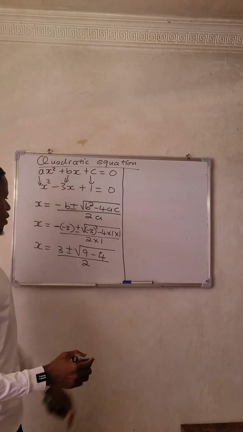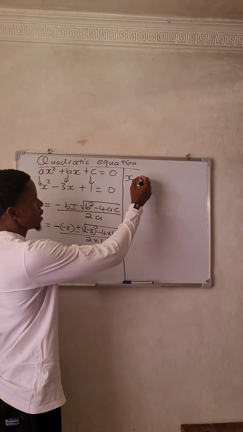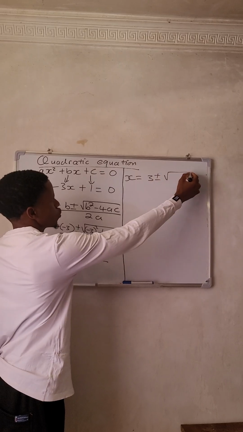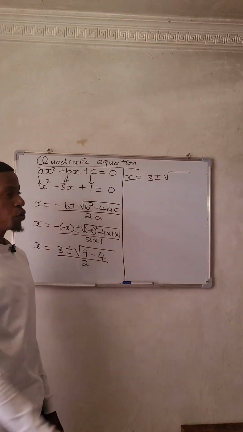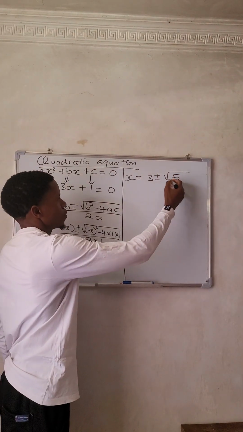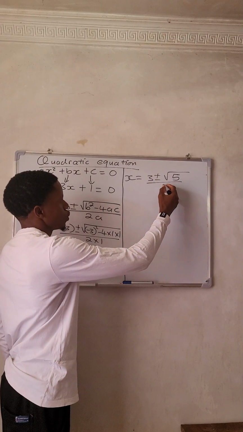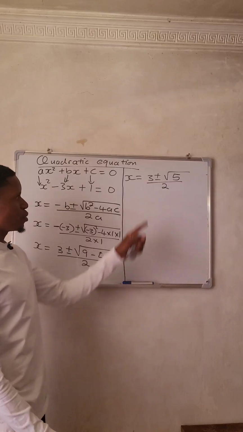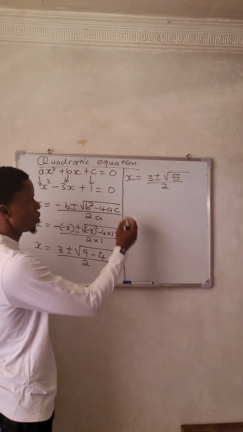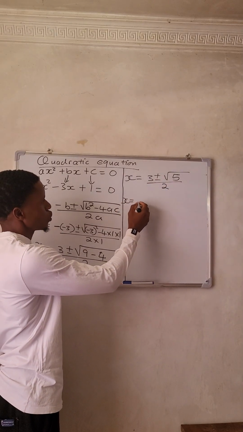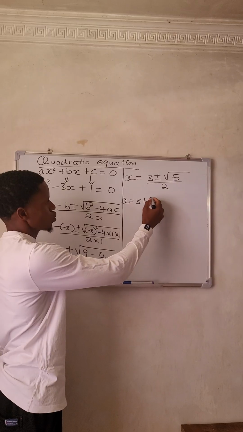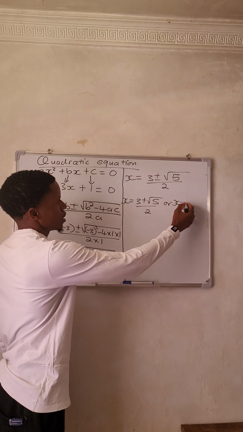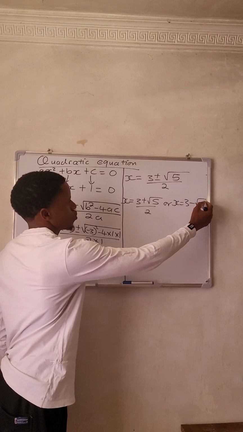that will be 2. Your next step here, x is equal to 3 plus or minus the square root of 9 minus 4, you will get 5, all over 2. Next step, you just have to write your two answers. Remember, we have plus or minus here. So x is equal to 3 plus root 5 over 2, or x is equal to 3 minus root 5